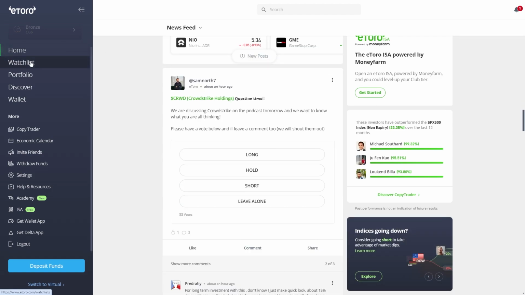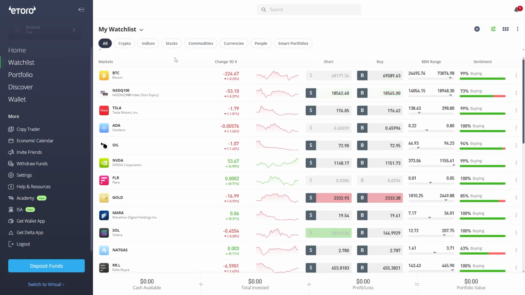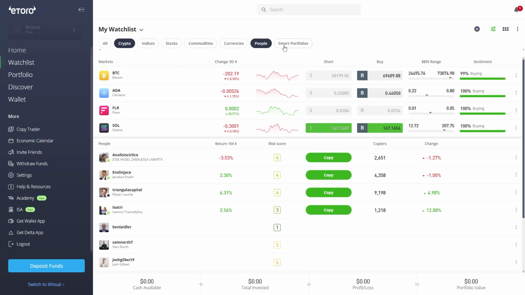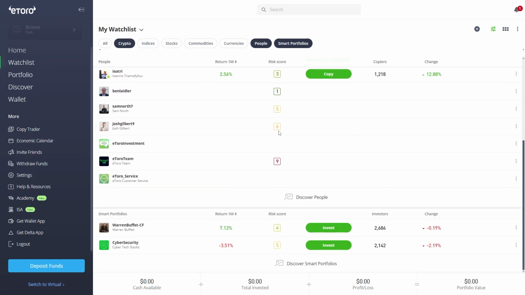So going back over to the left hand side, the second option down is watch list, and this will show us all of the top assets, as well as important information such as the change in price, the 52-week range, as well as the sentiment. We can actually filter our watch list down as well, so if we only wanted to see crypto, we could select that, and we can even add people to our watch list, which will allow us to see smart traders. And these are people that we might be able to copy trade off,